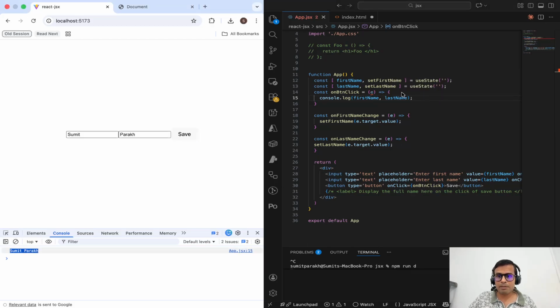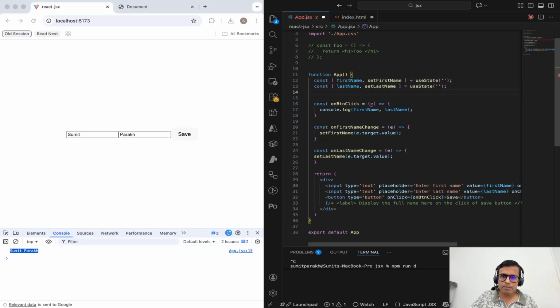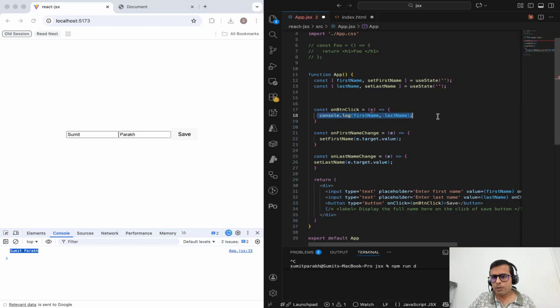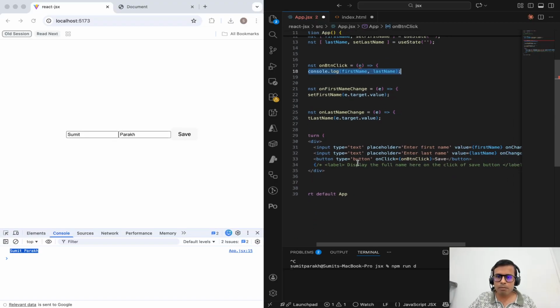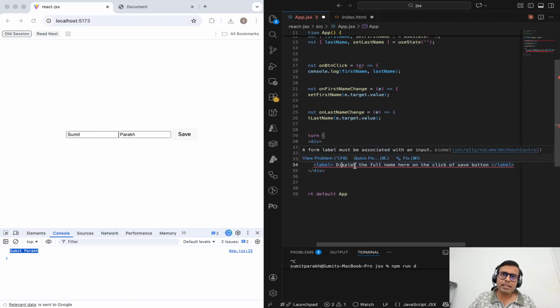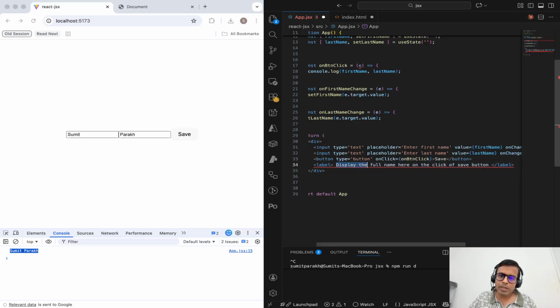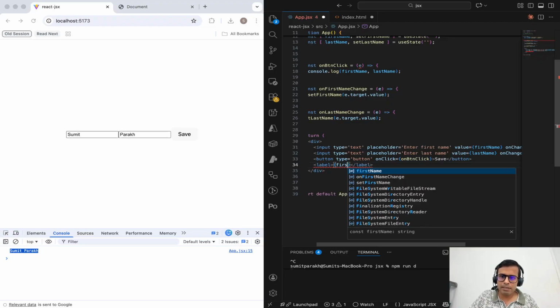Yeah, it is. So now let's create, because see, we are able to log it here, but we need to somehow let React know that we have to render both these values within this label, right? So we can either do it like this,